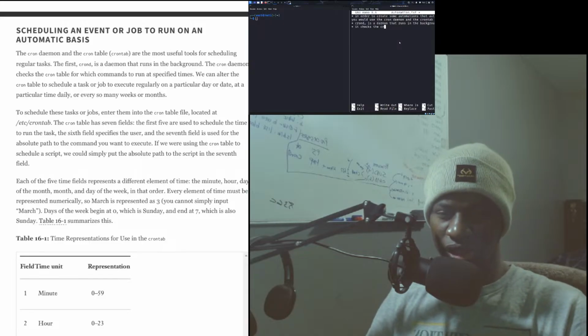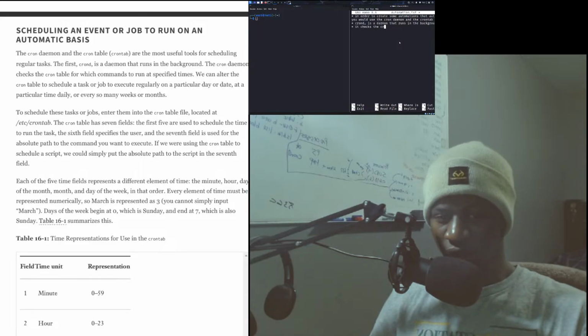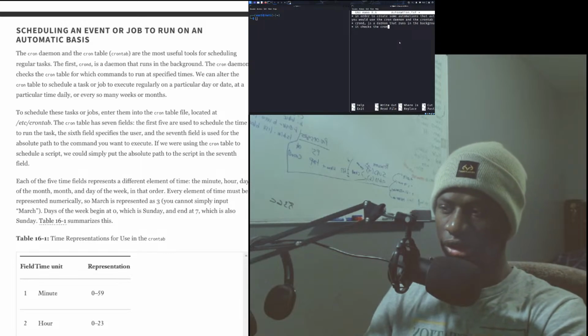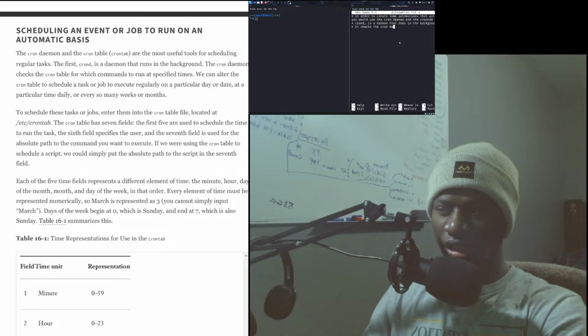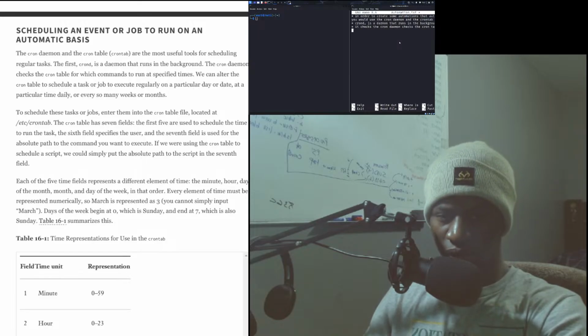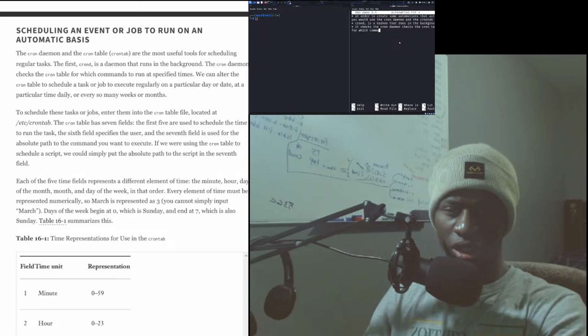The cron daemon checks the cron table, which is the crontab, for which commands to run at specific times.